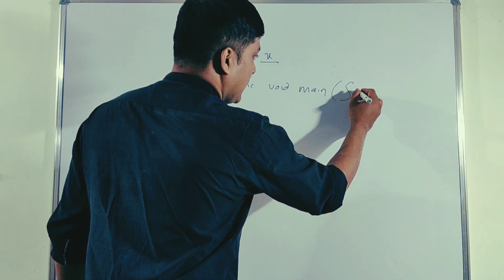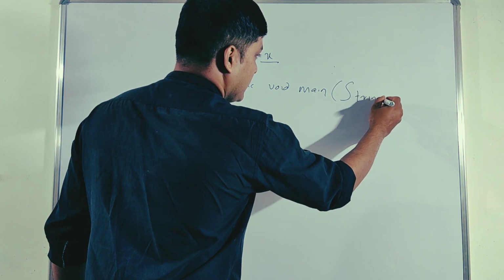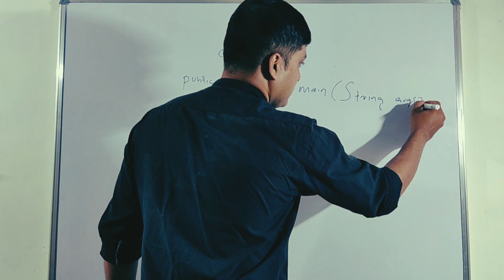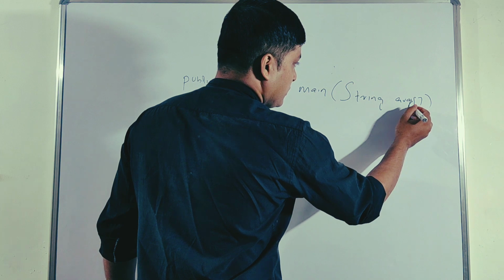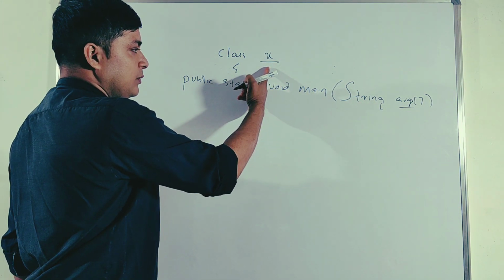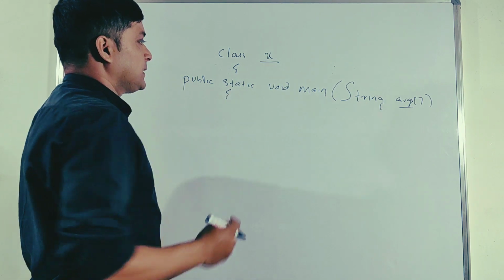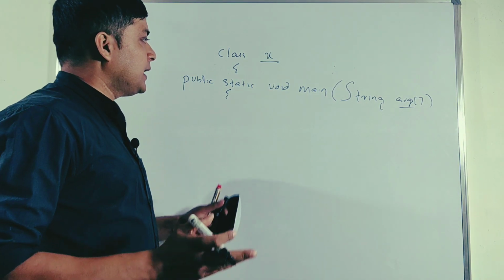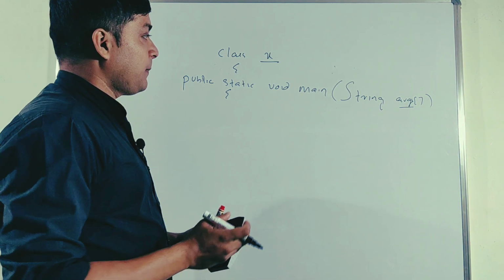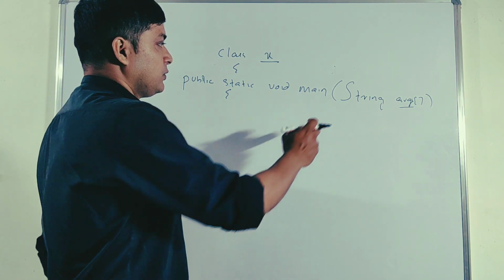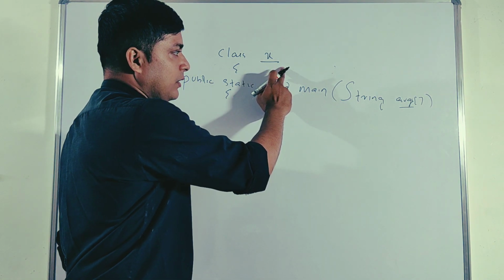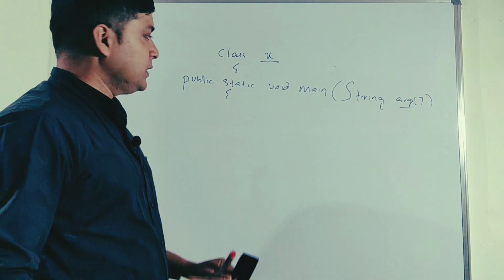Then String args, where String is a capital letter S. Okay, so that thing you can change from user to user. Java is case sensitive, that means you can't write any letter. So in the first preliminary stage you have to follow some basic rules to write a Java program. Those things I am writing in capital letter mean it is a capital letter. Those things I am underlining mean they can change from user to user.